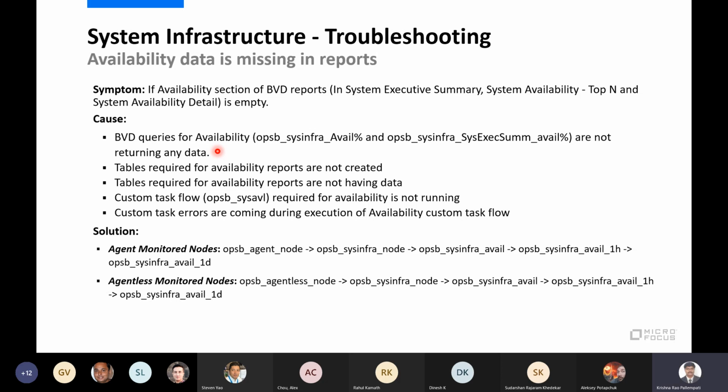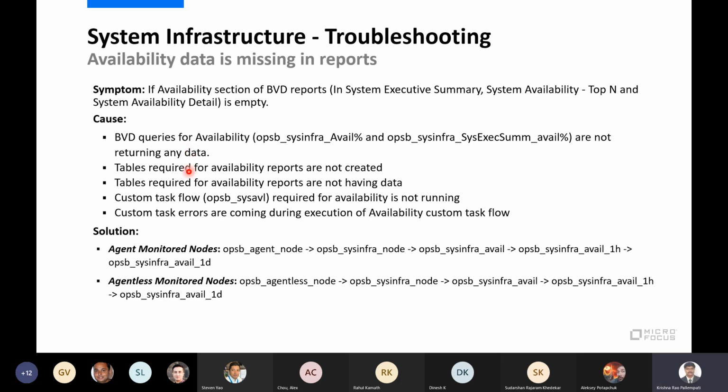Maybe the conditions which we have put in a report to properly visualize are not satisfied, or the connection between BVD and database itself is broken, or the required permissions are not there on the tables. Out of box, we have given all the permissions, but if something happened in the system or somebody modified the database permissions, we won't see the data in the reports, even though we have data in Vertica.